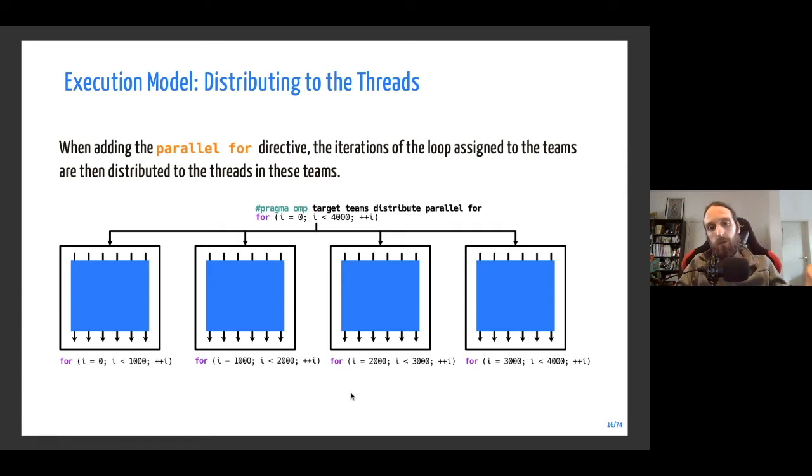And of course, the execution model for a GPU is that they will be assigned to some warps, or wavefronts if you are on AMD hardware, but this is hidden in the case of OpenMP. You don't see all the details. It's just that you create your teams of threads, distribute the iterations to the teams, and then distribute the iterations of each team to the threads.